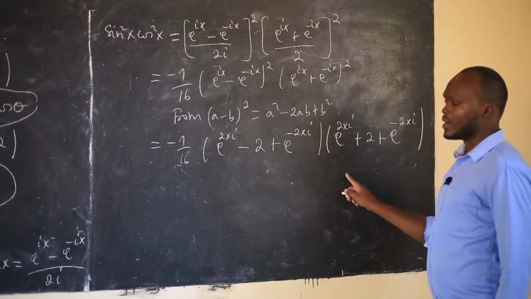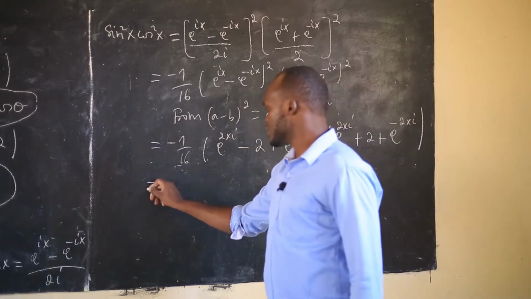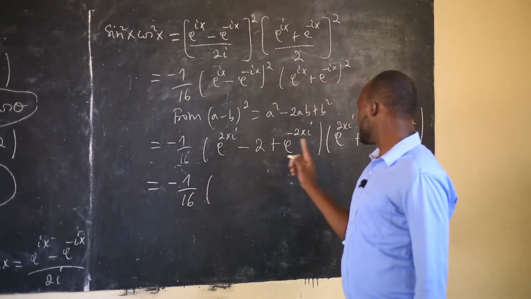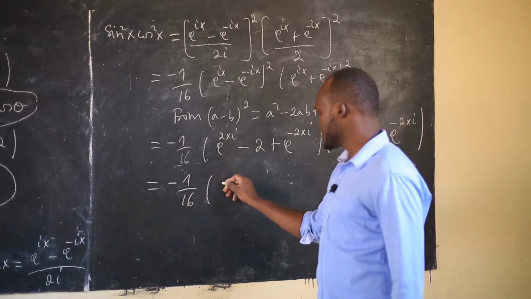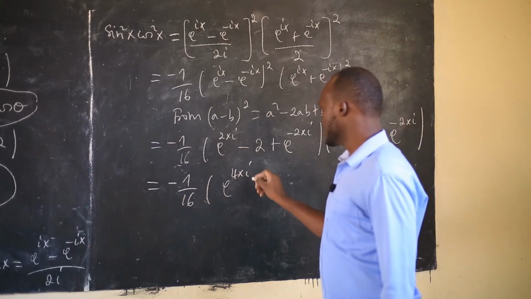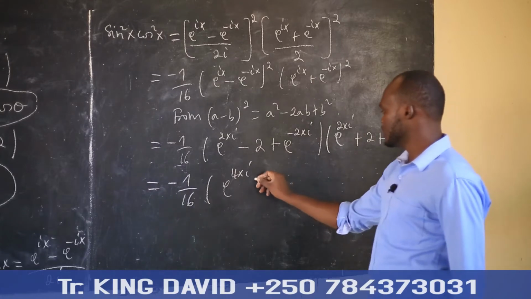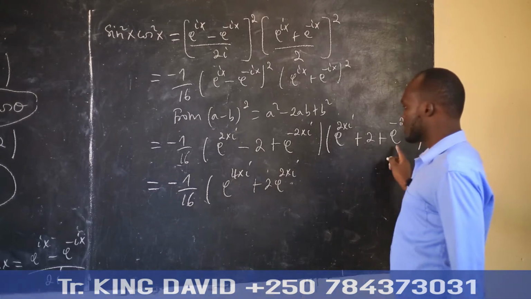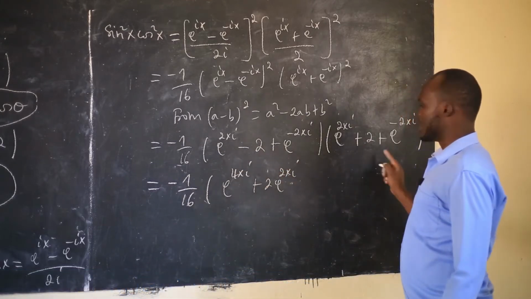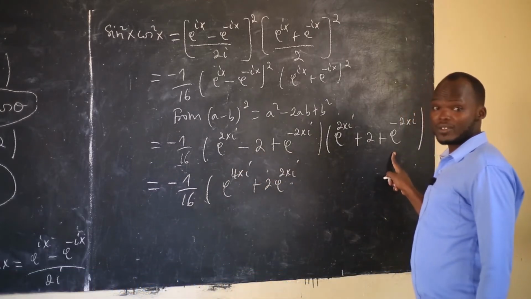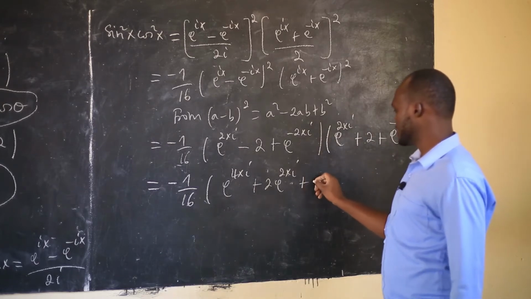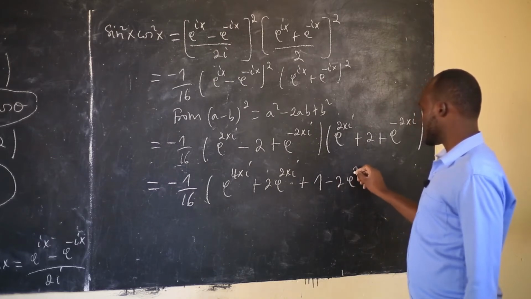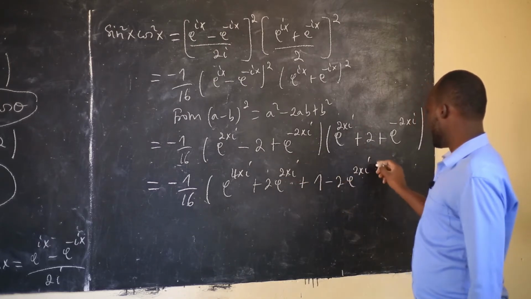So we are just going to expand. The answer is negative 1 over 16 into bracket. This one times that one, we add the powers, we get e power 4xi, plus 2 e power 2xi, plus we are multiplying, we add the powers, we get 0, e power 0 is 1, then negative 2 e power 2xi minus 4